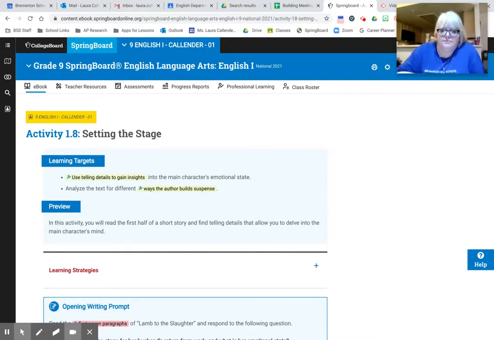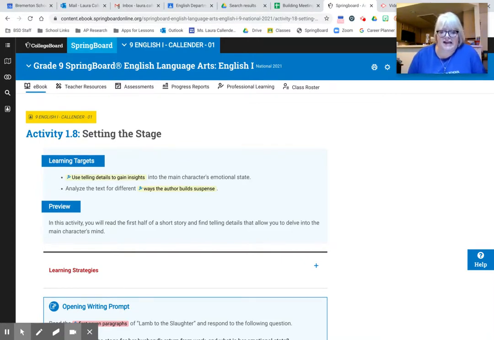Another option would be to watch the Alfred Hitchcock interpretation of this story. It's a normal 30-minute television episode that was on back in the late 1960s, early 1970s, and it is Alfred Hitchcock's interpretation of the short story. You can watch that and get a feeling for how it works on screen. And by the way, Roald Dahl, the author of this story, also wrote the screenplay with Alfred Hitchcock that then landed on television.